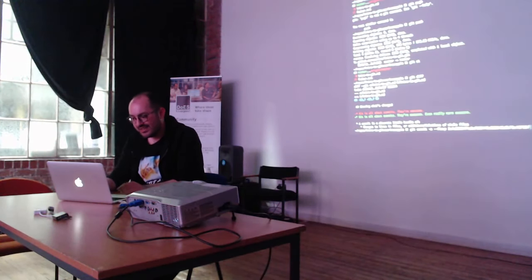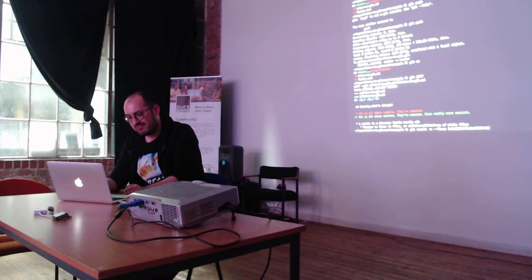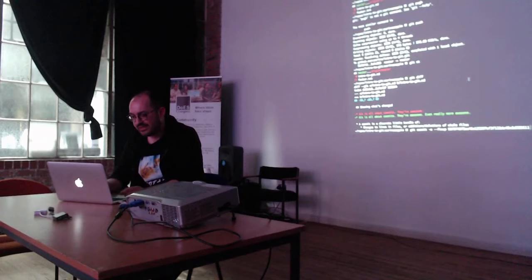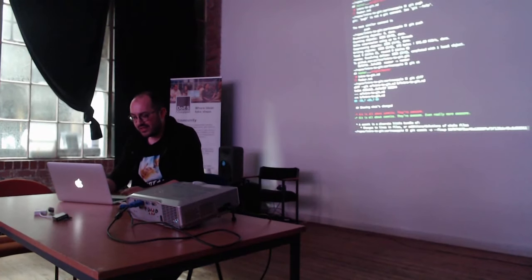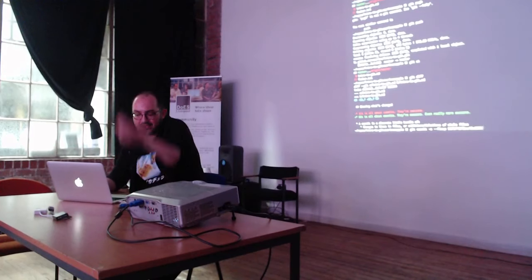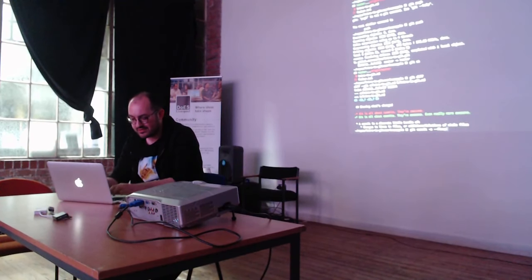Could you edit long lost history as well? Oh yeah, so I could fix up that commit, even though it was literally the first commit in the repo. I could fix up that commit, and then it would change the hashes of all the descendants as well, right? Because the history has changed. But yeah, in this case, I only wanted to edit the most recent commit, so I think I can do HEAD.